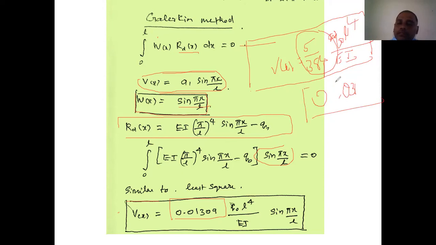So approximately, we are getting this answer by means of the Galerkin method. So from this, what you infer is that the Galerkin method will give an accurate solution, almost nearer to the exact solution, when compared with all other solutions called point collocation, least square, and subdomain collocation. Compared with all those three, the Galerkin method is preferred for solving those kinds of problems. Okay, I think with this we shall conclude the weighted residual method.